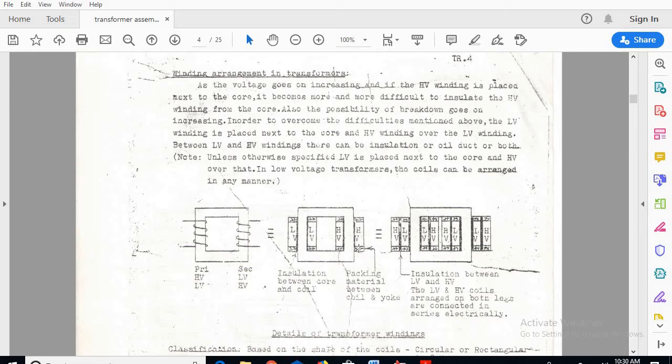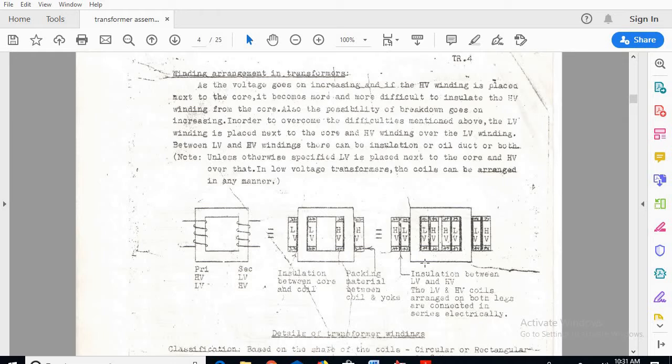Here it can be shown that the insulation will be near to the core. Similarly, when I go for the other type of winding, here you can see the insulation between the two windings, between the HV as well as the LV. This is another type of winding where the electrical circuit can be built on the transformer.